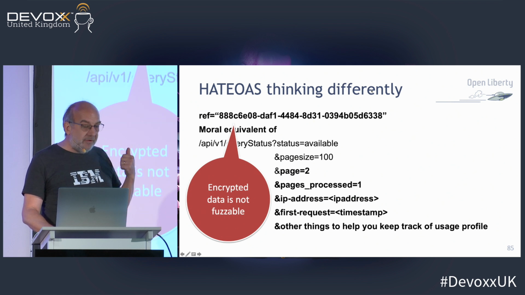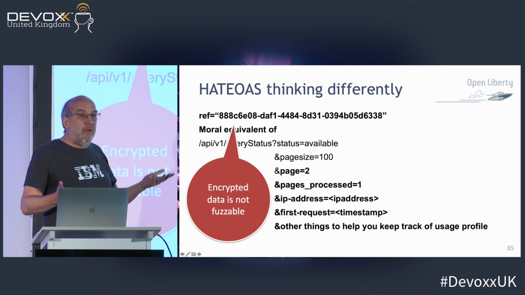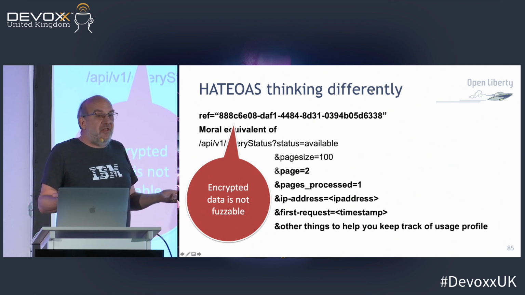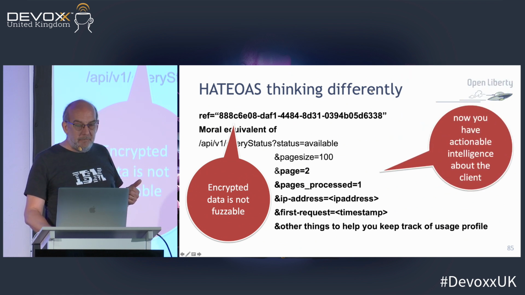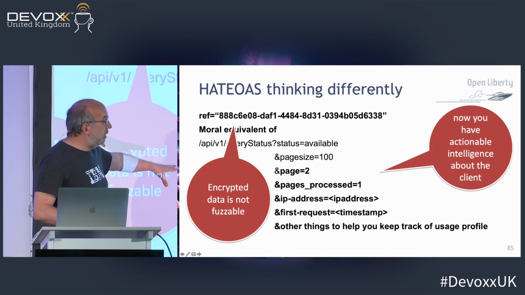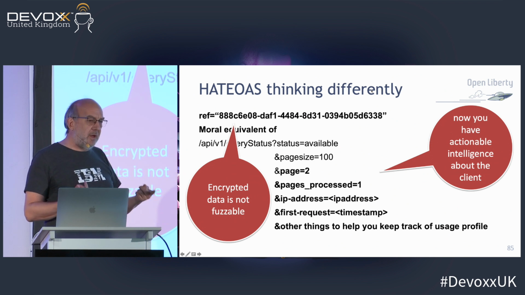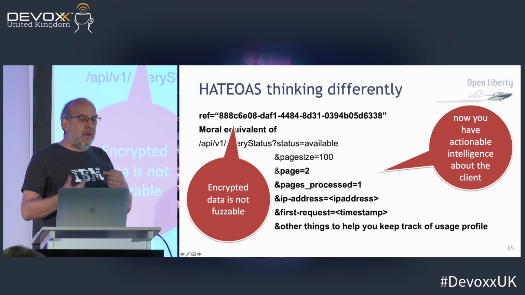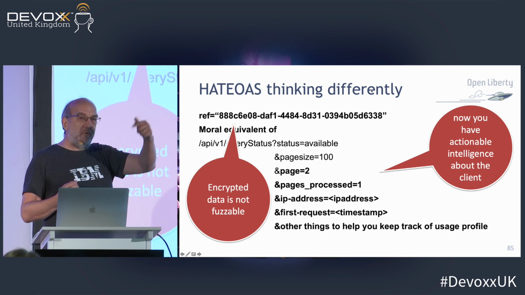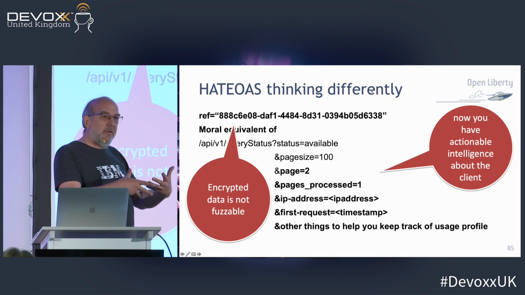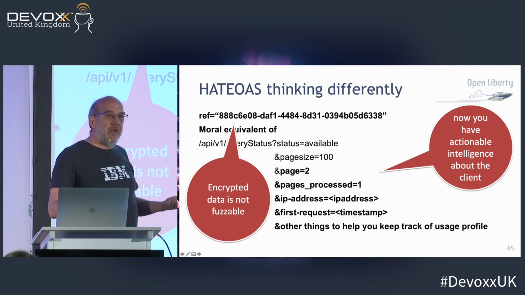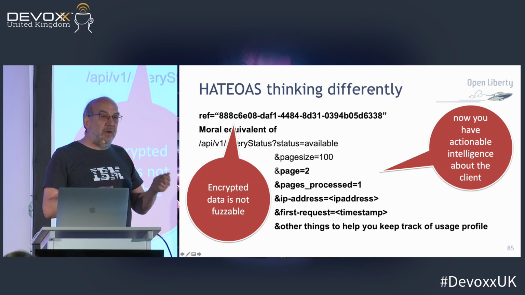Because this encrypted data is not fuzzable. It's just random. As far as their code is concerned, it's encrypted. It's just a thing, okay? But you have all this actual information about what you could do. So if you want to catch somebody going, this guy's made 15 withdrawals, boom, boom, boom, boom, or he's gone, because I come into a front door, remember, I come to a front door, get a start of a state table, and I can then go off to different places, but he can track me.